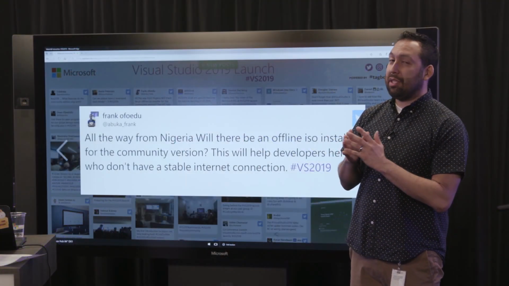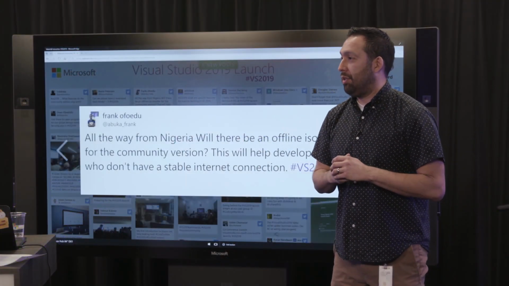Now, Joseph mentioned a little bit about some of the streamlining that happened in Visual Studio for Mac. Can you describe a little bit some of the streamlining that went on in Visual Studio for Windows? Well, in some ways, Joseph was talking a lot about the installer and things like that, and we have definitely improved the install experience, the update experience, and things like that in Visual Studio 2019 a lot. But some of the ways that it's been streamlined are actually UI changes. So if you start up Visual Studio 2019, you might notice that there's a slight color theme change from Visual Studio 2017. And if you put them side by side, I find that Visual Studio 2019 feels just cleaner, and you're not really quite sure why.